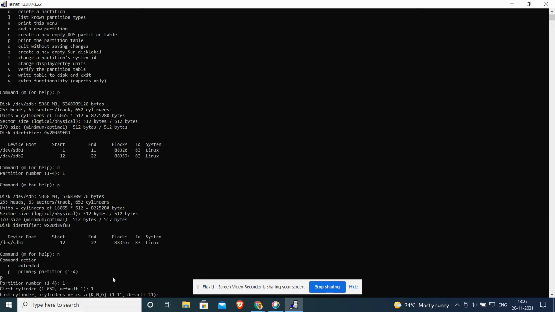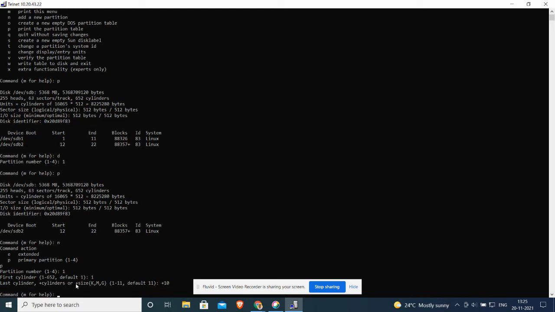It says that the last cylinder you can have is from 1 till 11. Why is it giving the value 1 till 11? Because from 12 another partition has been created, so we can have cylinders up till 11 only. So we will create 10 cylinders, so it will end at 11. Plus 10 is the way we can give the number of cylinders. There are other options also, like we can give the number of kilobytes, megabytes by writing K, M, G along with the number, but we'll use cylinders. So it gives the last cylinder. Then it has created this.